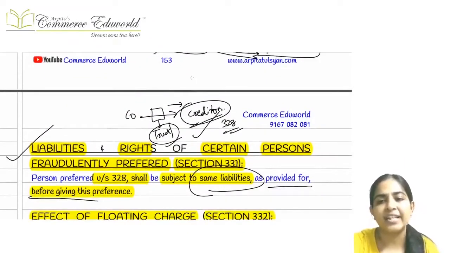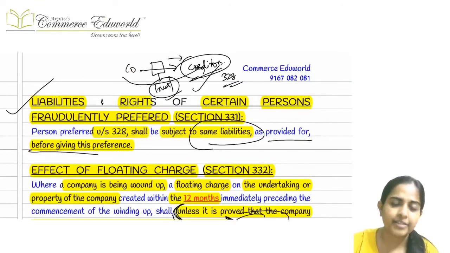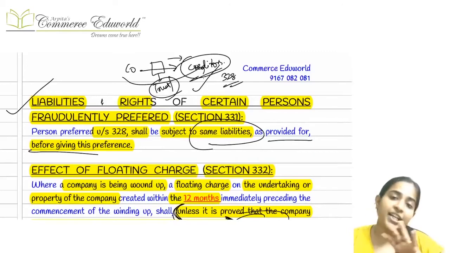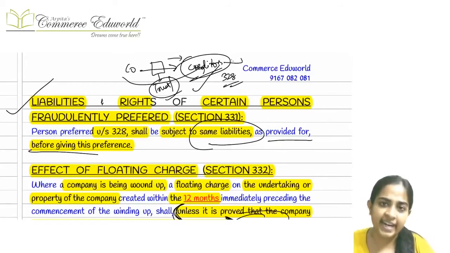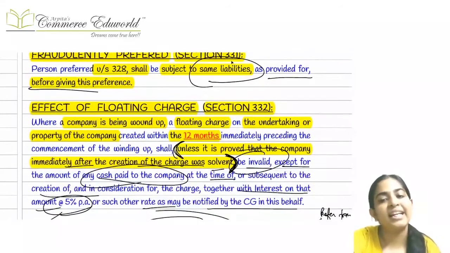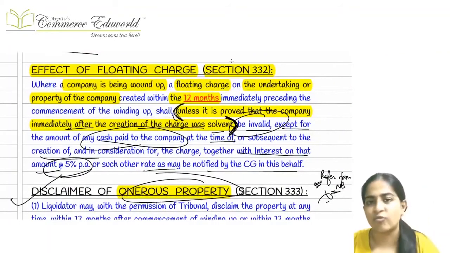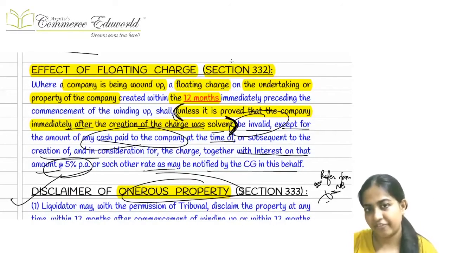Okay, and listen, one more thing. Suppose the transaction gets reversed. Suppose you were trying to give any fraudulent preference to the creditors, and the tribunal says that no, this transaction is invalid, then the transaction will be reversed. But even then, the amount which was due to the creditor, he will still receive it. Whatever amount was due to the creditor, he is still going to receive it. Right? His interest won't get affected. The only person actually getting punished is the company who was trying to give the fraudulent preference.